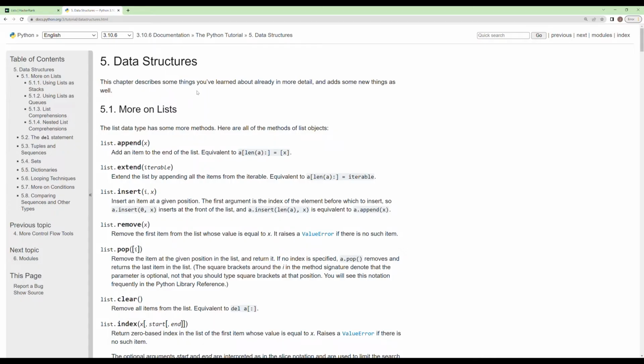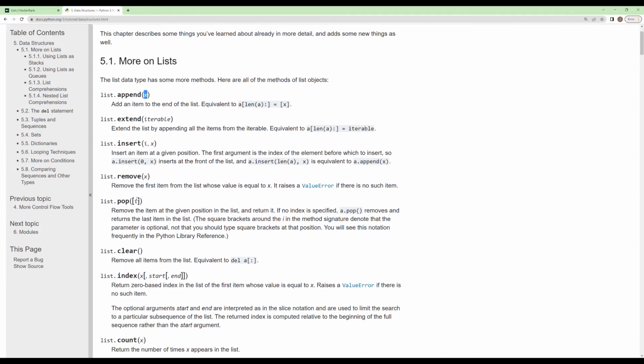Prior to starting with this exercise, I think it makes a lot of sense to familiarize yourself with the list methods that Python has inbuilt. You can check those in the documentation of Python under data structures, more on lists. You can see we already mentioned append. You can see the syntax here. You would have the name of your list, then you go append, and as an argument, you pass in whatever element it is that you want to